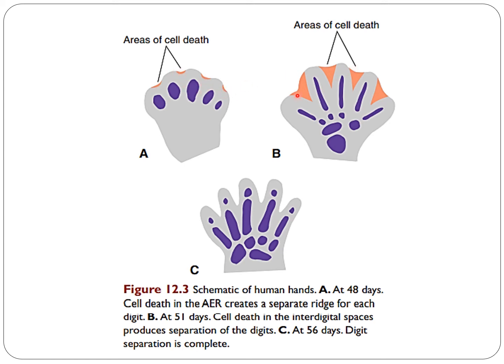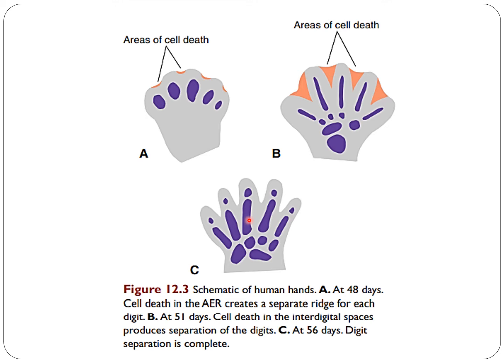Here you can see, here it was small but here there are more areas of cell death. So the interdigital spaces are forming by the process of cell death. As the complete cell death takes place between the interdigital spaces or clefts, complete fingers are formed,